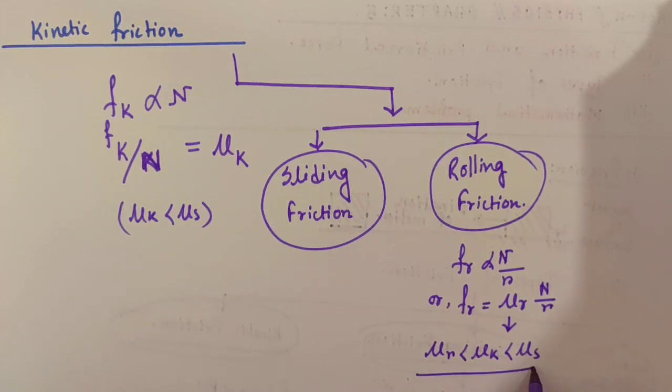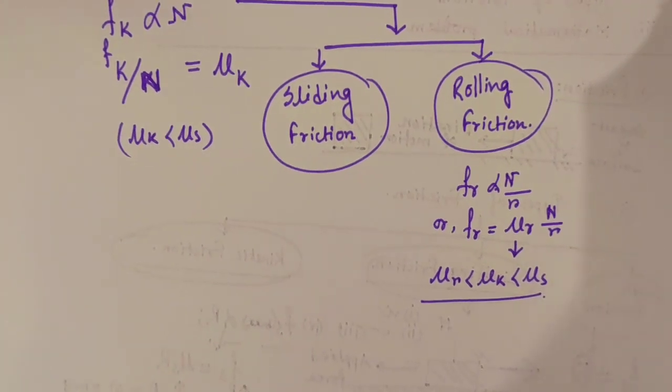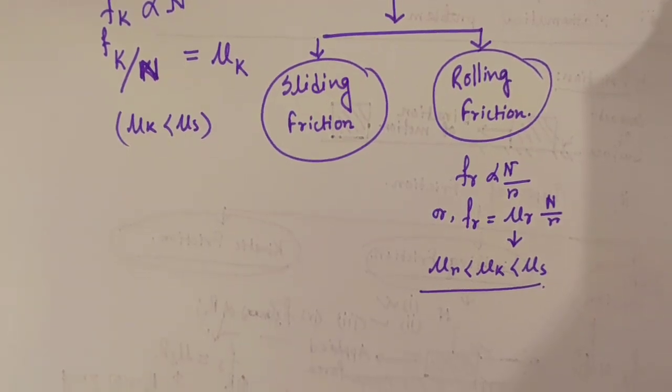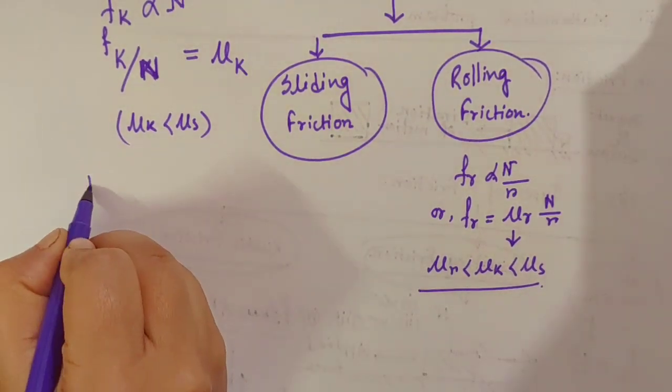Okay. So our last topic is now we solve one mathematical problem. Mathematical problems from this chapter or this topic, friction and rolling friction, are very important for your final exam. So you have to solve by yourself so many examples from your textbook or from your reference book. I am solving one here and others you have to practice.